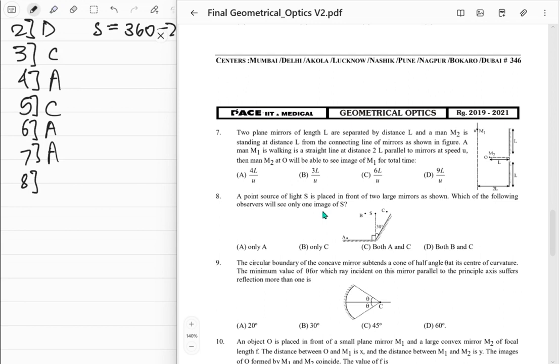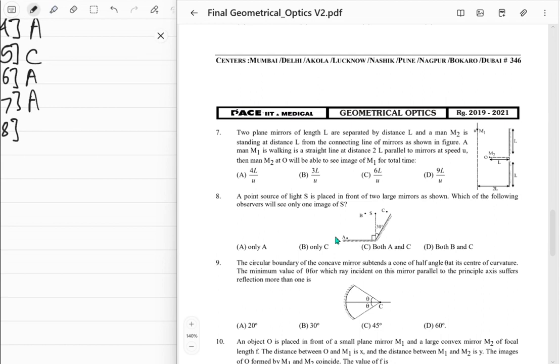Wait. Okay, which of these will see only one image? Why would that happen? That's S over here, and then it does form that image, and then it will be as if it's coming from there. Yes, that's understandable. And that will in fact be for all of it. Oh yeah. Okay, now I understand why A will not see that image. Right. So if we were infinitely far away somewhere over here, we would see all kinds of images that this can form. But A actually won't see the image because